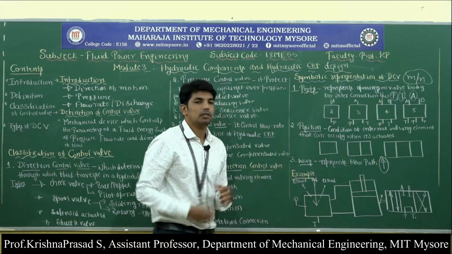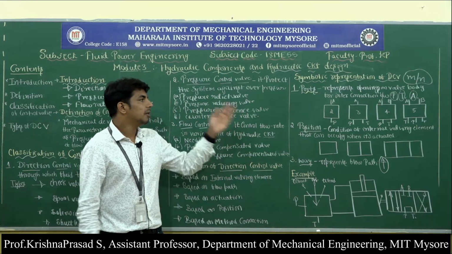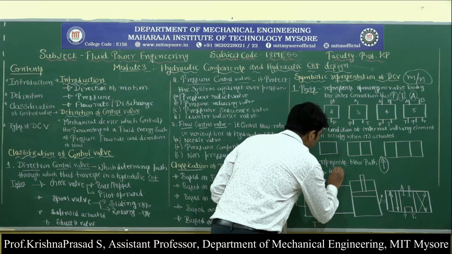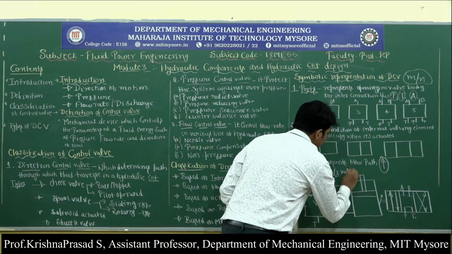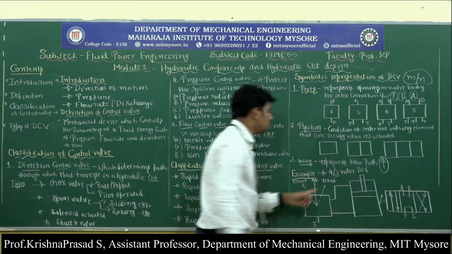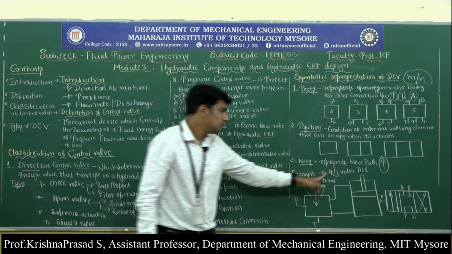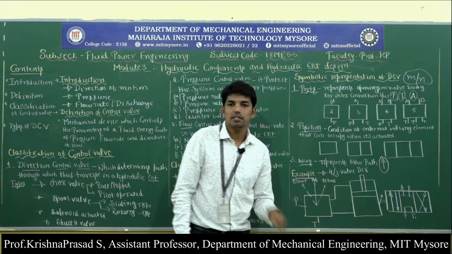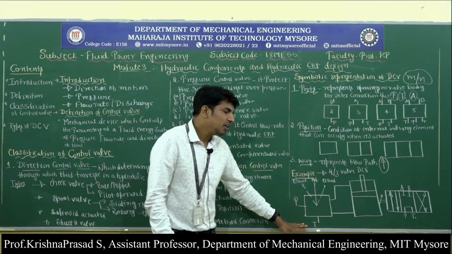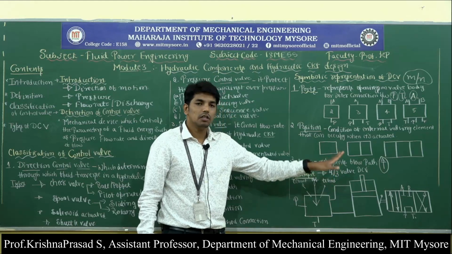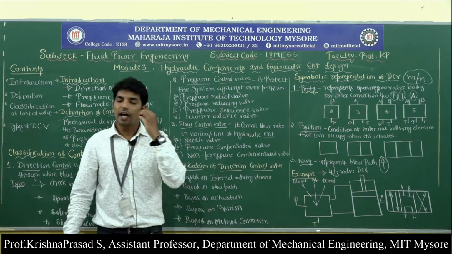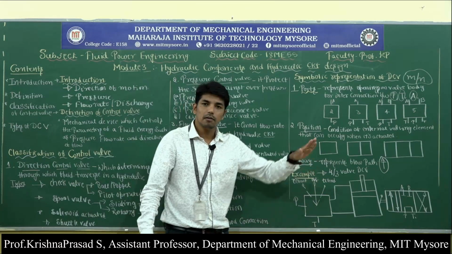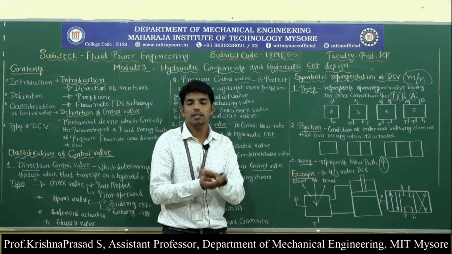Okay. So last one, it is called the example of the symbolic representation of direction control valve. So I am going with the 4/3 valve representation of direction control valve. Okay. Here what does 4 represent? The 4 represents 4 ports. And what is meant by the 3? The 3 represents the position. Okay. Observe here, this 4/3 direction control valve is mainly used for the extension and the retraction of the double acting cylinder, as well as it can also be used for holding for some time.